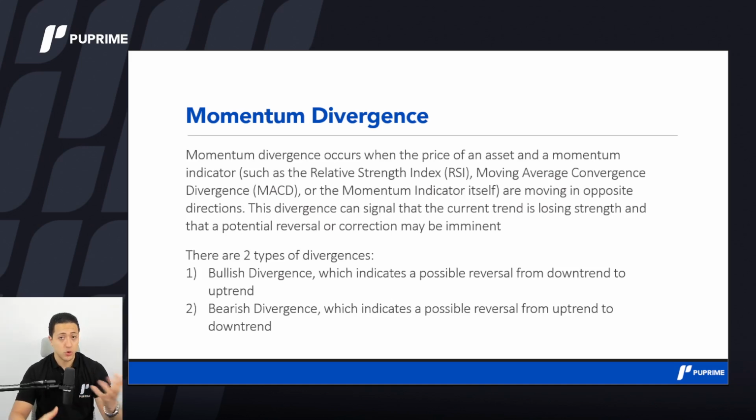So this is the divergence. It also happens the other way around. If prices are moving lower and momentum is starting to build, on the opposite side, you can see that on the momentum indicator, it is starting to move higher. So this means that, okay, this downward move and the momentum indicator is showing a little bit of inconsistency. And this is when you know that what I'm seeing right now might be something wrong. And this is the only thing that I'm telling you, it actually comes before the price move.